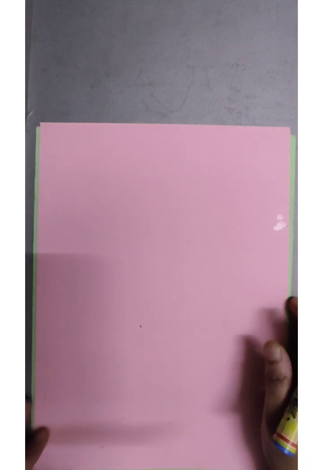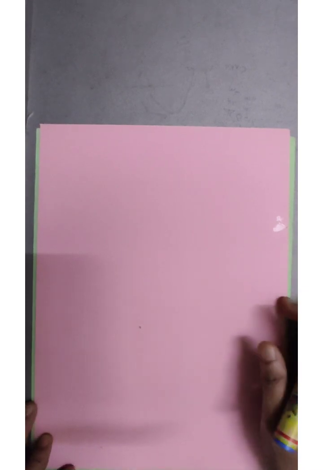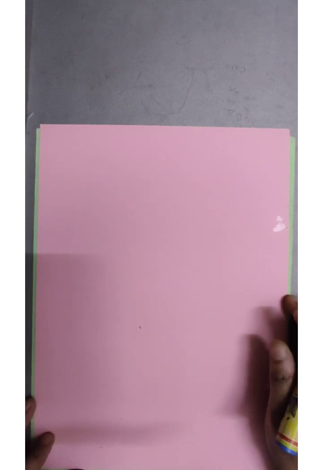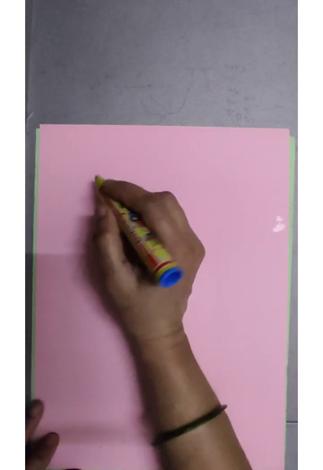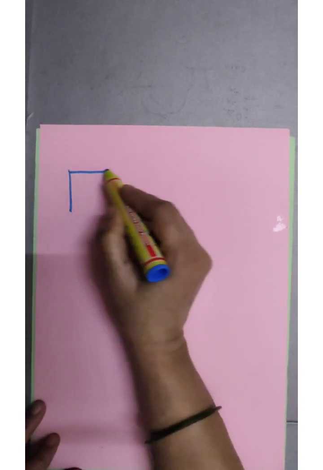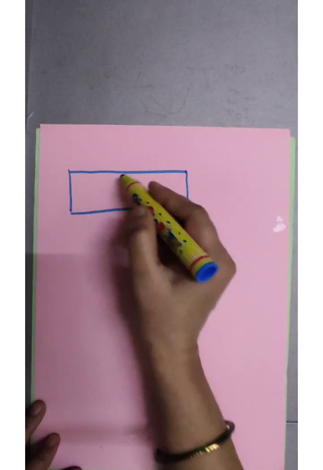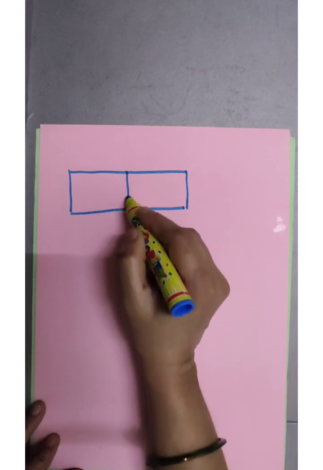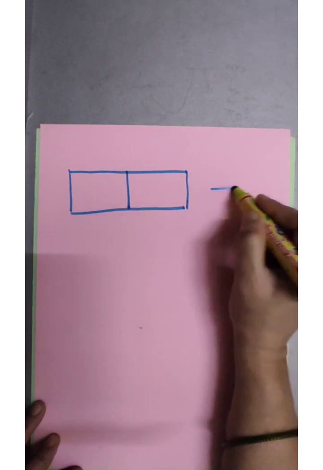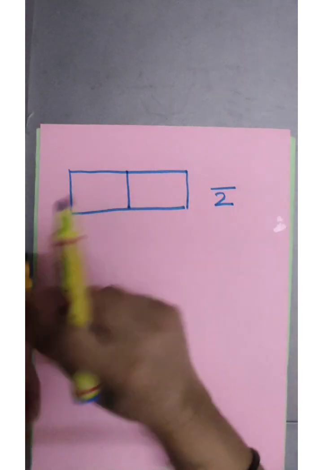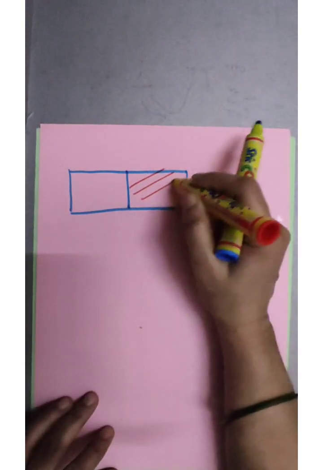Children, now let us study about comparison of fractions. What is comparison? Comparison means we have to compare which fraction is bigger and which fraction is smaller. Now suppose I have a bar of cake. This bar of cake I am dividing equally among 2 people. So how many pieces did I make? I made 2 pieces, and from that 2 pieces I am giving away 1 piece to my friend.